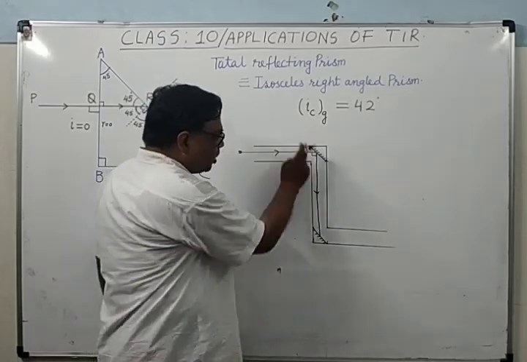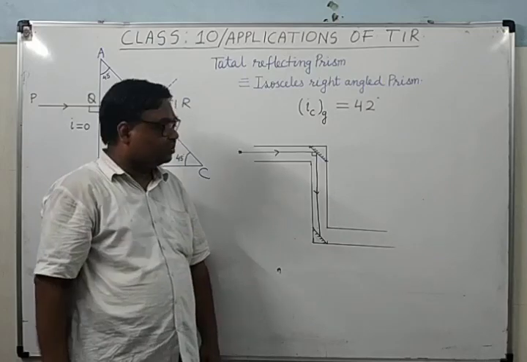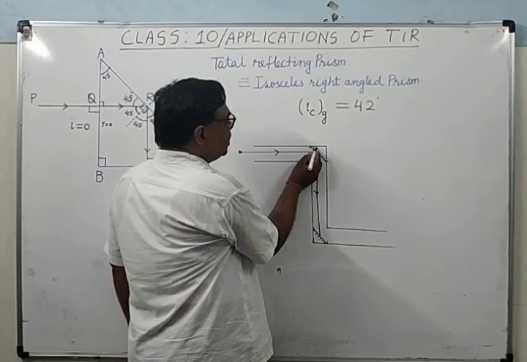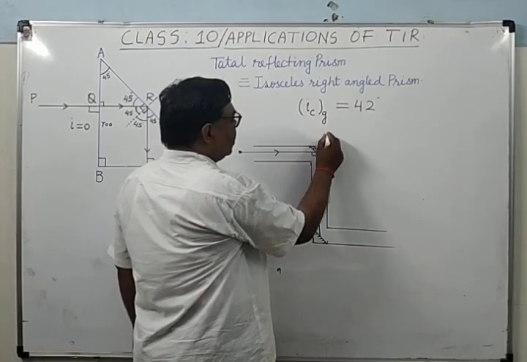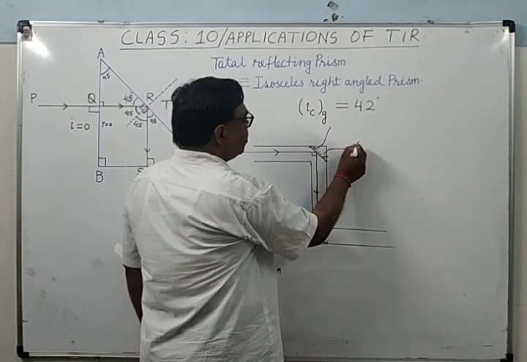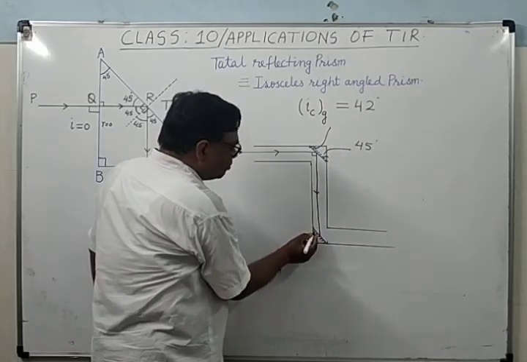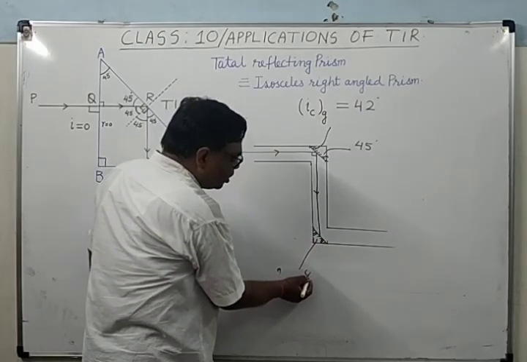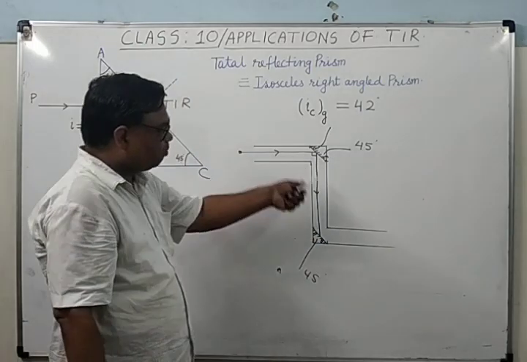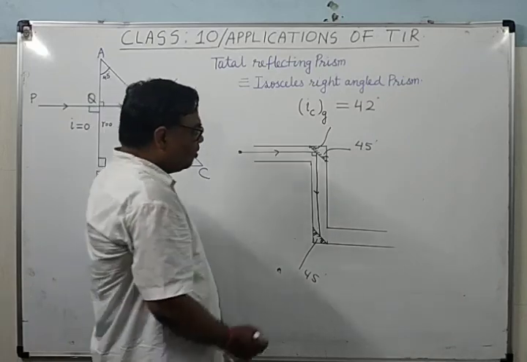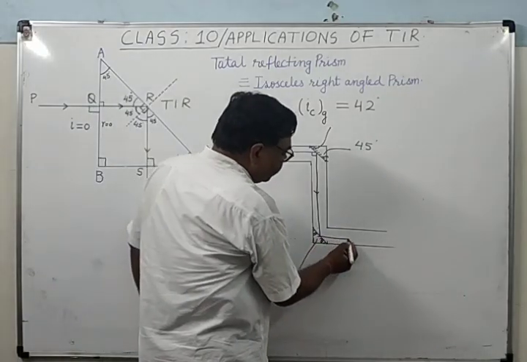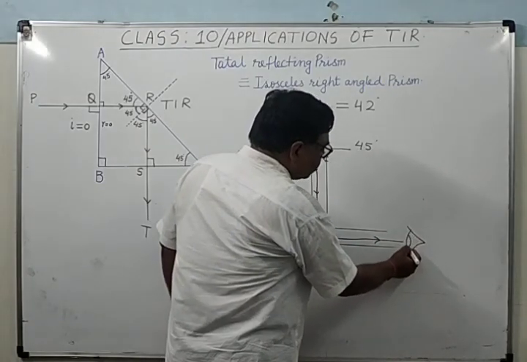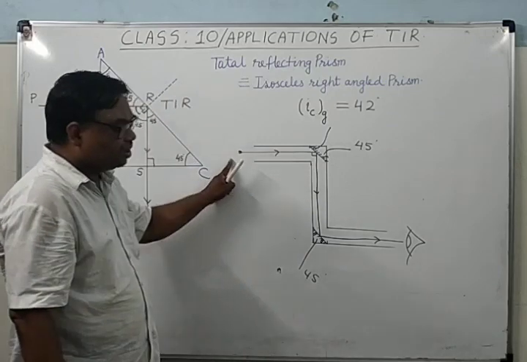Here these two plane mirrors are parallel. Their reflecting surfaces are parallel. They are fixed in such a way that this angle and this angle are 45 degree. Similarly, this is fixed in such a way that this angle and this angle both are of 45 degree. Is it clear, so that both the mirrors are parallel. Once again, it will get reflected by 90 degree, and you are observing from here. So what will happen? You will be able to see this object.